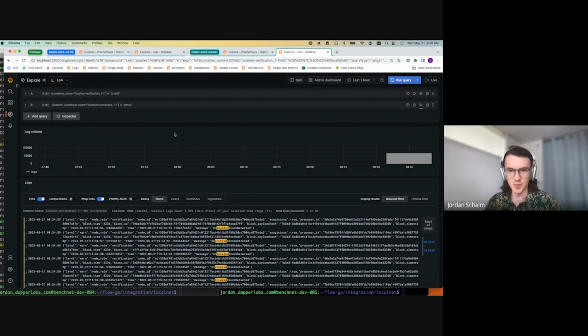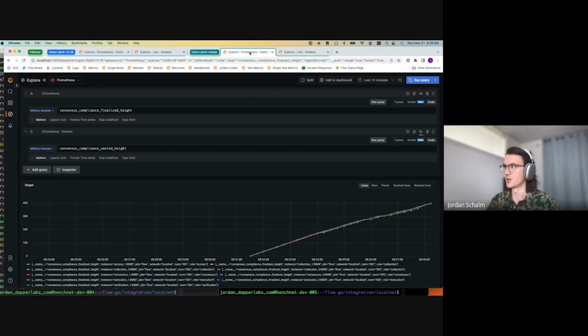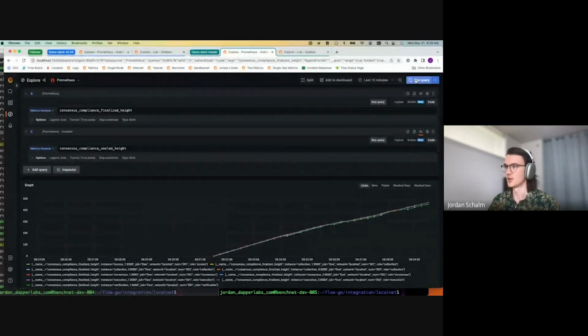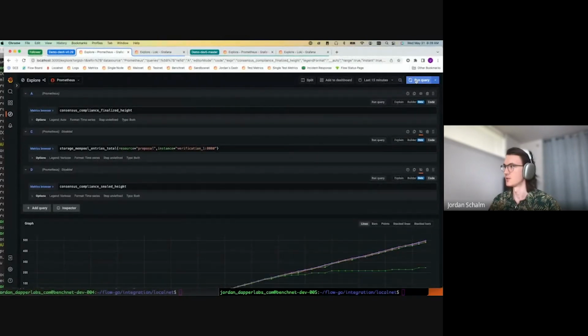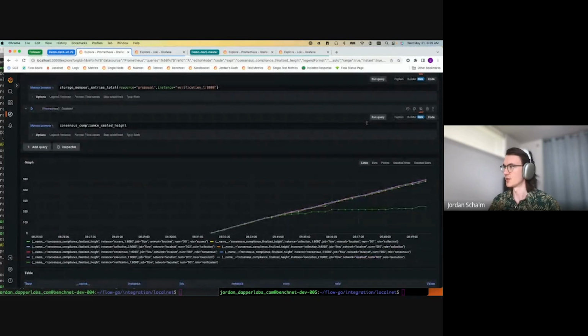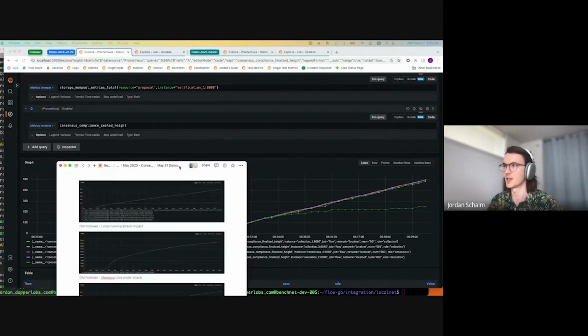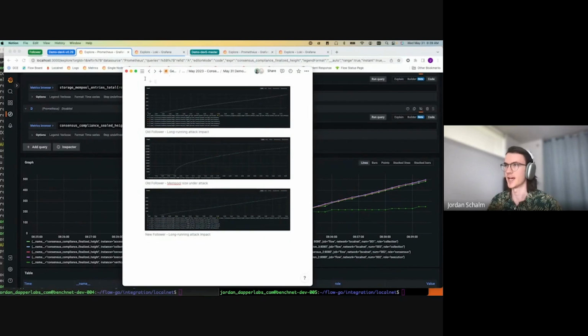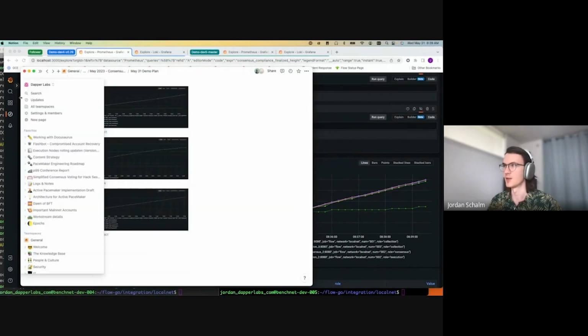Okay, so that's pretty much all I have for the demo today. We'll take one last look at how both networks are doing. So here's the new network, and here is the old vulnerable network. I will also show one last thing, just because this obviously takes time to happen, and we don't have enough time,